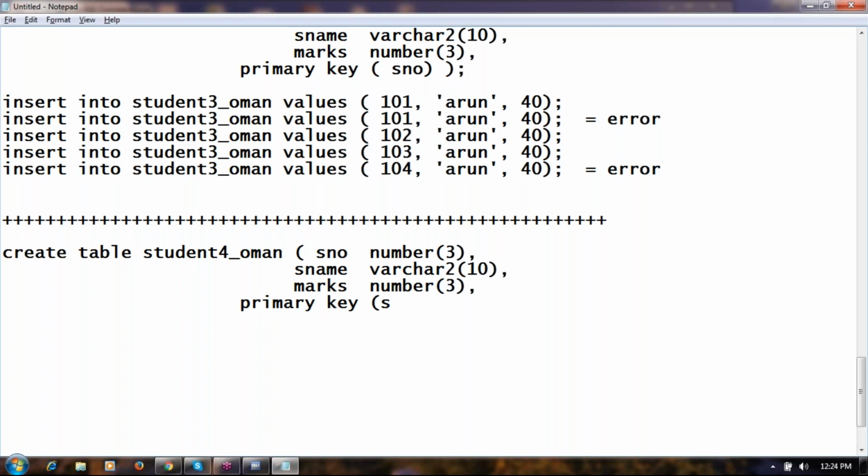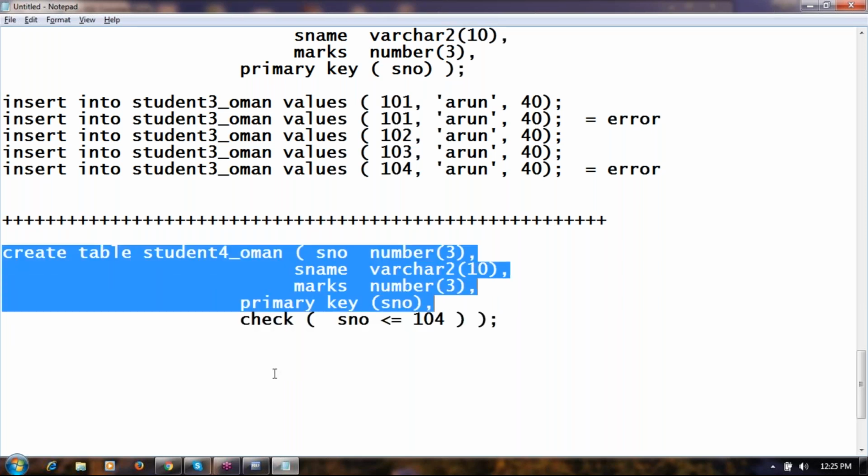First constraint is completed. Second, I want to apply check constraint. Write the condition. Close of check, close of the main brackets. Two constraints, both at the table level.